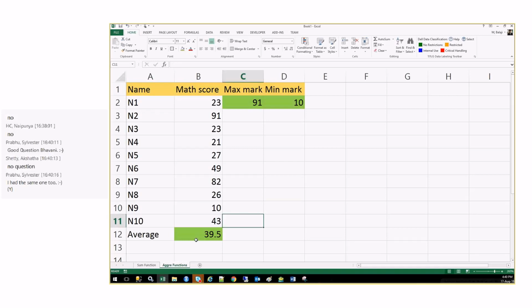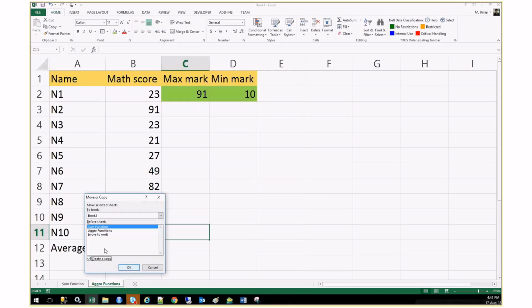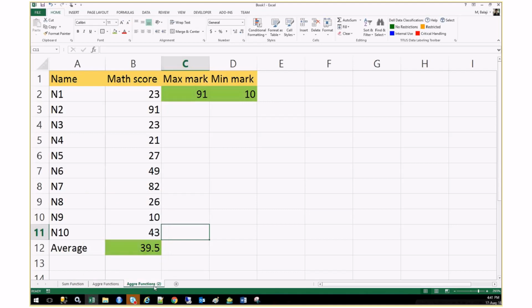So for the sake of having, let's say, I'm just duplicating this. So how do I duplicate the sheet? I just right click on this and I see move or copy, and I'm trying to create a copy. So I have options to select a different book. Since I have only one book opened here, I'm getting book 1. So let book 1 be the same as default, and I'm creating a copy, right? And I'm trying to move to the end. So okay, this has given a new name with the number 2 within brackets. And here we are trying to see how to use an if condition,